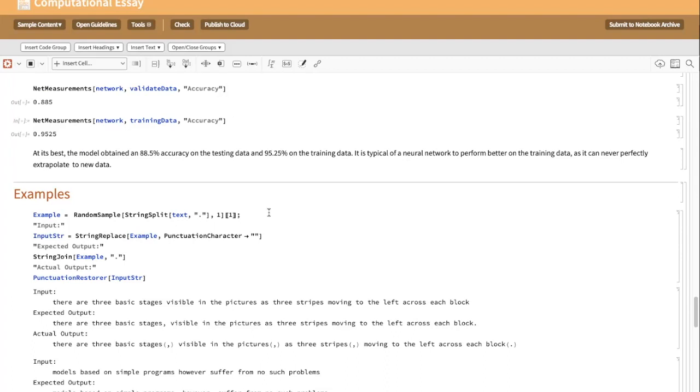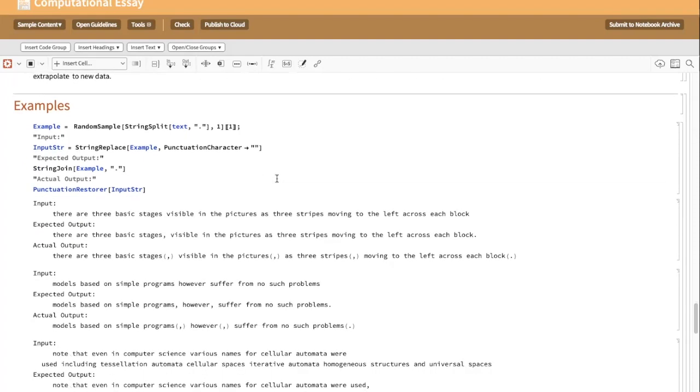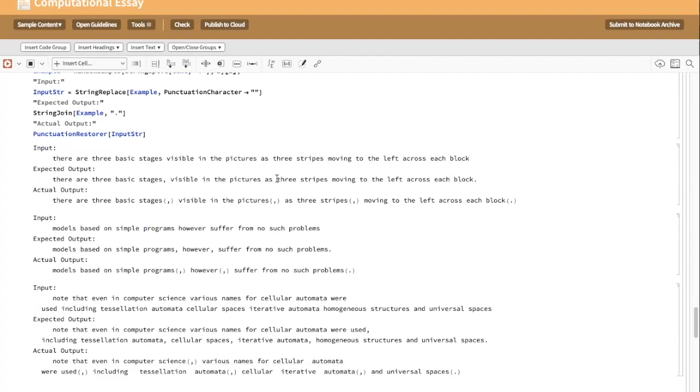Maybe a non-native English speaker, like my parents especially, I can imagine them using something like this to support them in their writing, because sometimes English punctuation can get kind of confusing. It confuses me sometimes too. Looking at these examples, I wasn't 100% sure what the correct answer was until I checked back in the textbook, the original source. But here are some different examples of how it performed. We have this input taken directly from the Wolfram book, and then this is the expected output, and it does pretty well.